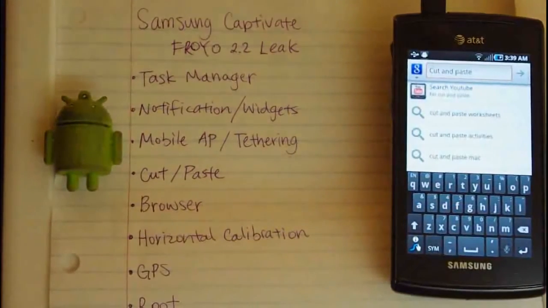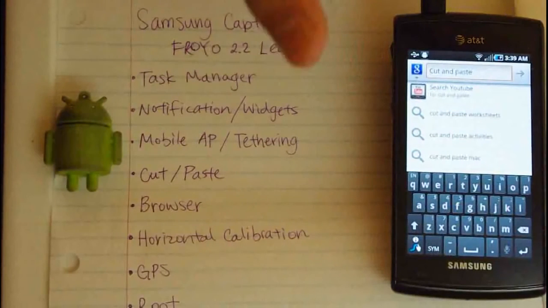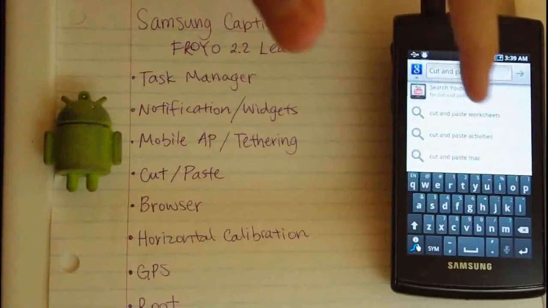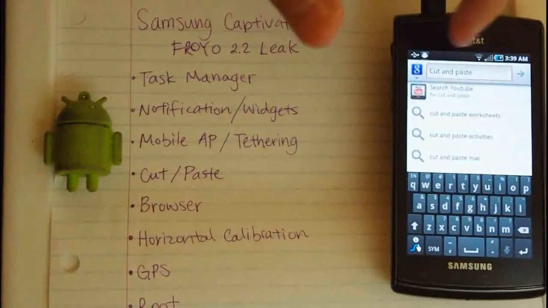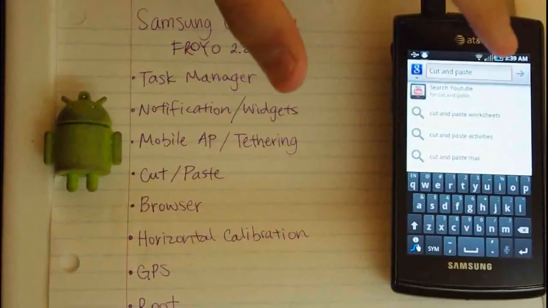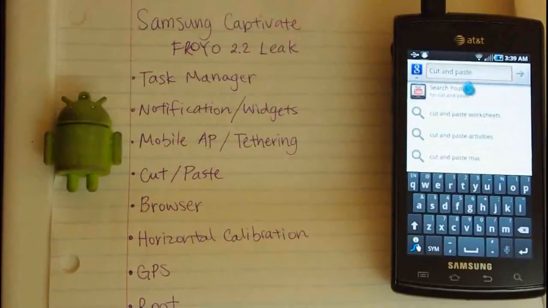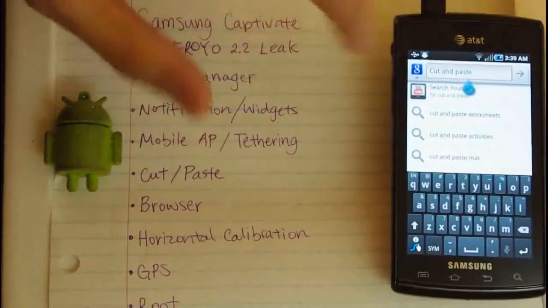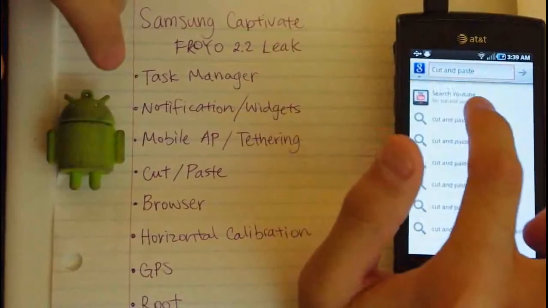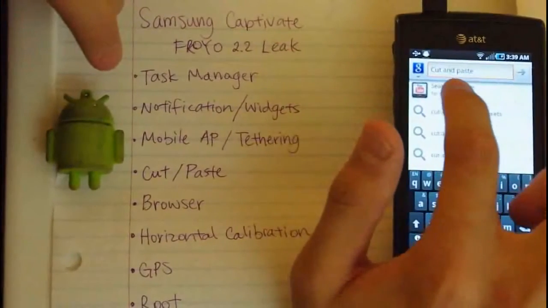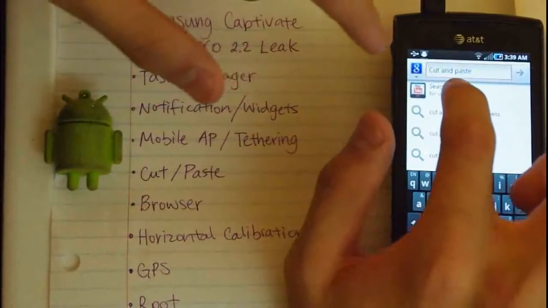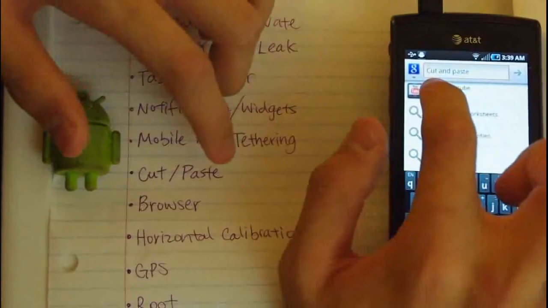Alright, so before cutting and pasting, it was really awkward. You had to do a text selection with your finger, and that was really hard to get the exact number of characters you want. So in Froyo, Samsung has introduced a really cool feature. You tap the text box once, out pops this little blue tab. Now you can drag this little blue tab anywhere you want, and it'll move the cursor. I don't know if you can see it in this video, but it moves the cursor to where you drag it. So when you let go,